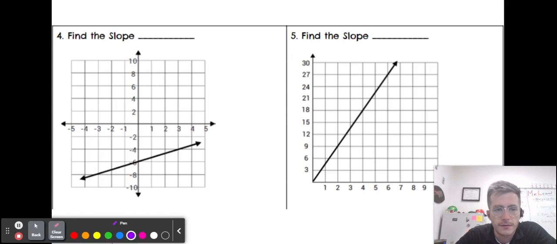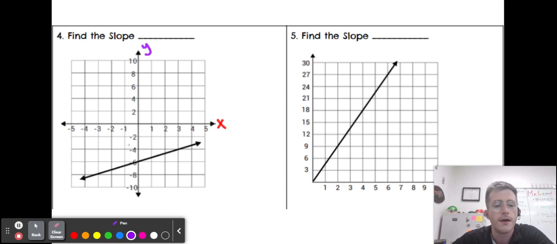All right, same process here. Now, it's getting a little tricky with the way the graph is being counted. Check this out. So my x-axis is counting up by ones. 1, 2, 3, 4, 5 here on the x-axis, the horizontal line there. But the vertical line, my y-axis, is counting up by twos. So that's going to be important. That's going to affect our final answer, right? The process is still the same. We just need to make sure that we're counting by the correct number, depending on what axis we're doing,